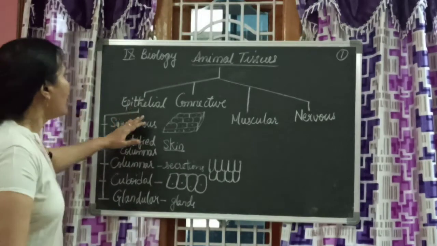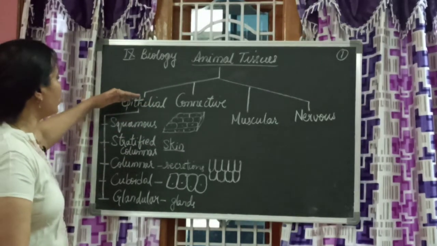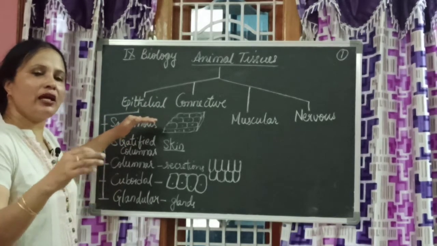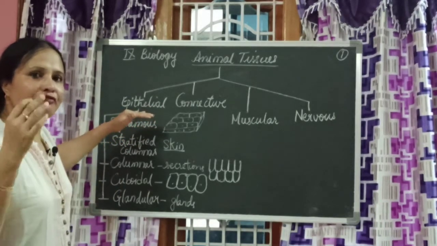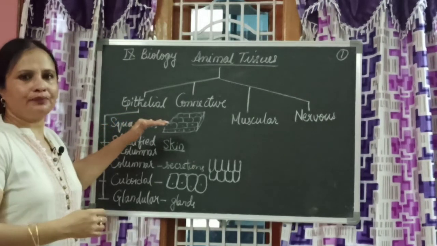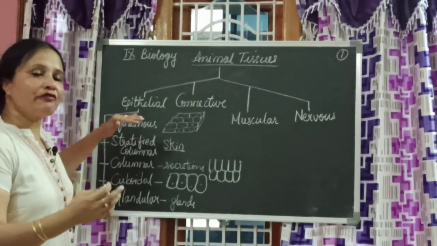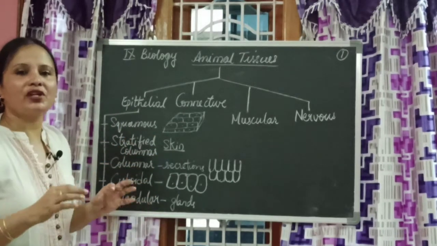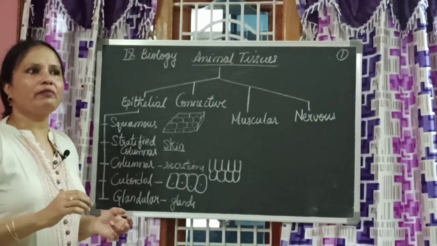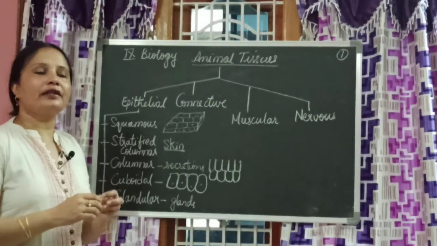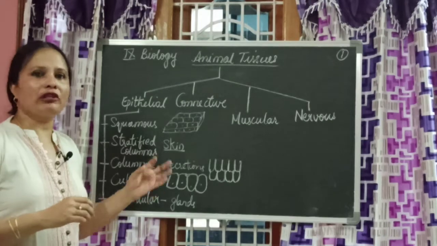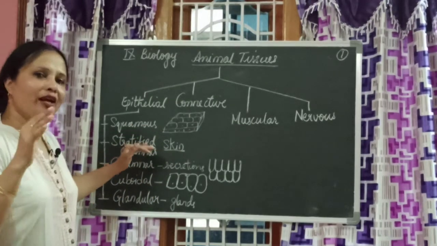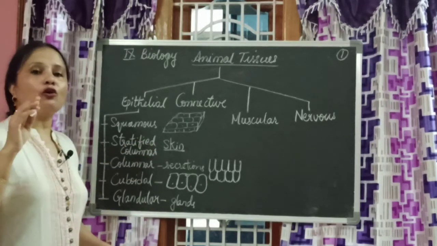Once again, let me say, how many types of epithelial tissue are there? Squamous epithelium is there on every delicate lining of an organ. And stratified columnar epithelium is on the skin. All the skin part is made up of stratified epithelium. In that you might have observed that hair follicles will be there, and sebaceous glands will be there, and all that. Of course they are all there, but what is it made up of? Stratified columnar epithelium. And then next one is columnar.